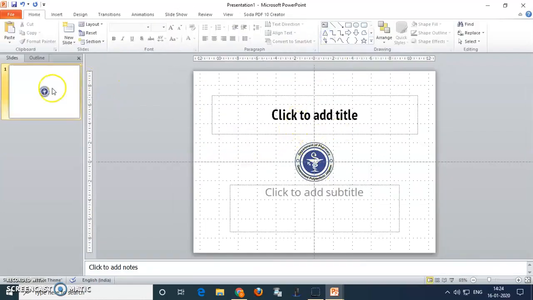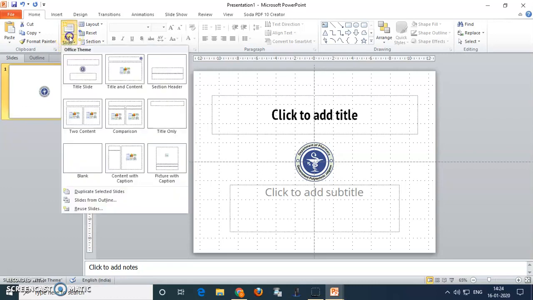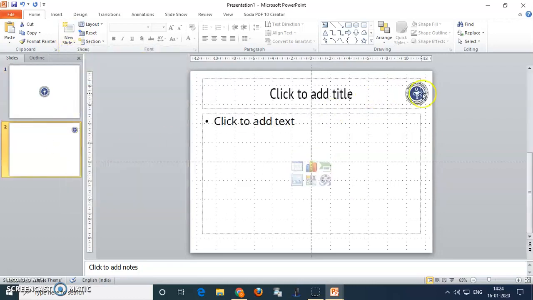After that, if you show the title slides, you cannot change the position of this logo. If you add a new slide here, your college logo will come here. If you enter the next slide, again the same thing.